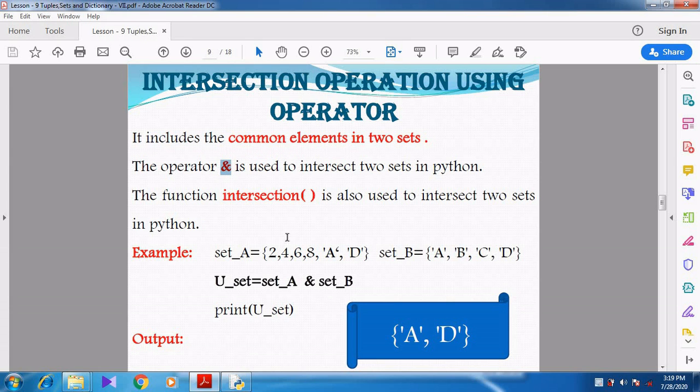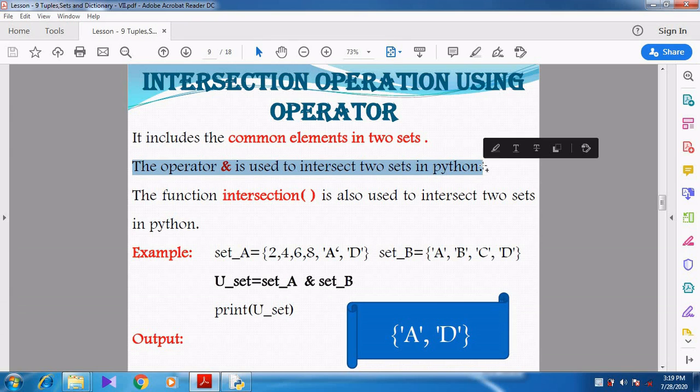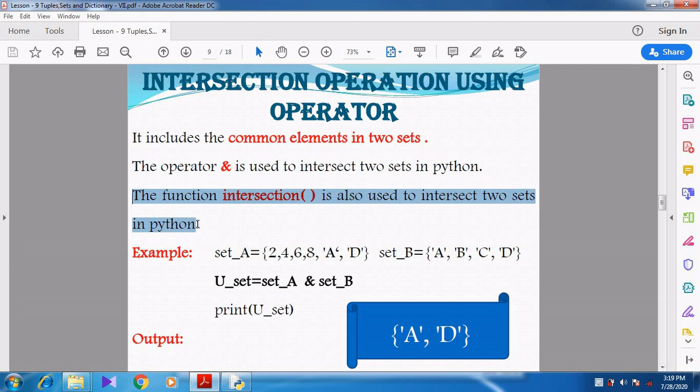In programming languages they call it the AND operator. So the ampersand operator is used to intersect two sets in Python. Like the union function, we have another function called the intersection function. The intersection function is used to intersect two sets in Python.